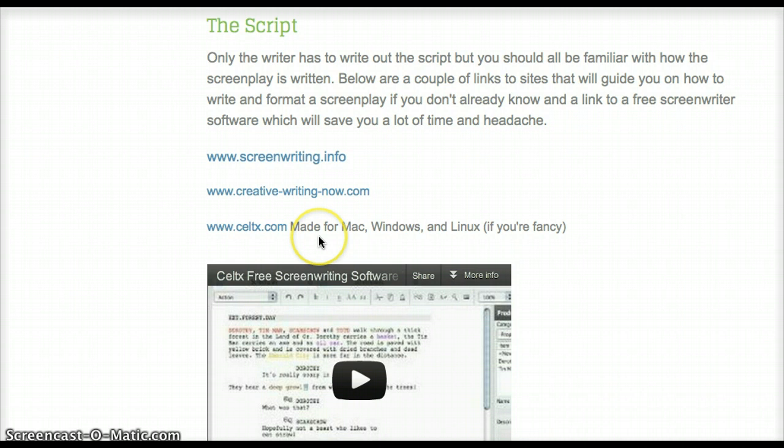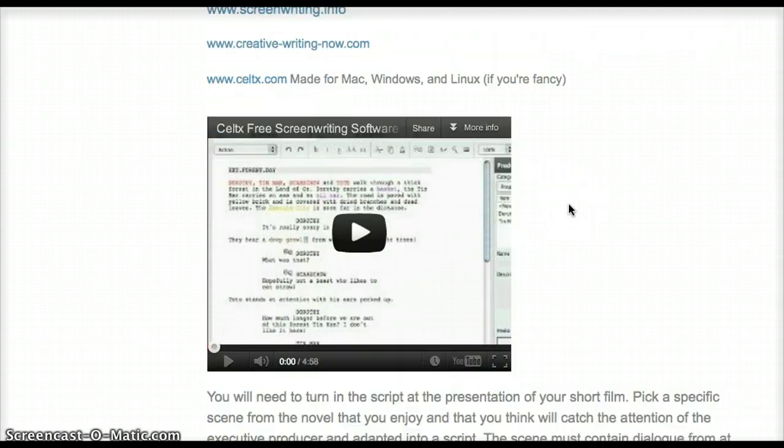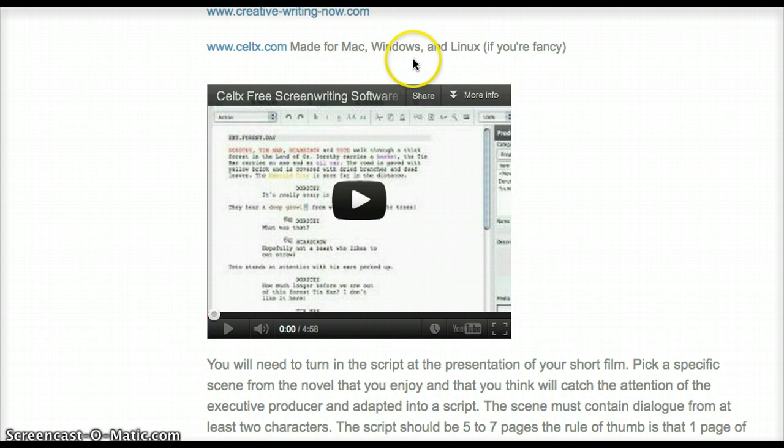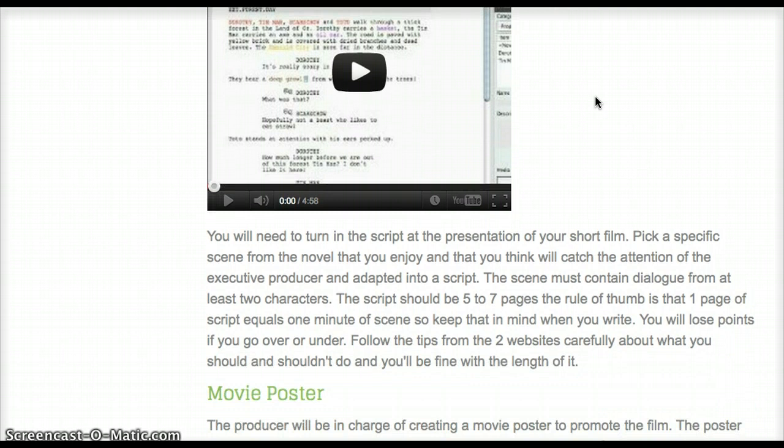Here I have a free software for them to use to format their script. It's Mac and Windows friendly, and it's also Linux, so it's easy for them to get. They're going to need to turn in a script at the end of the presentation.